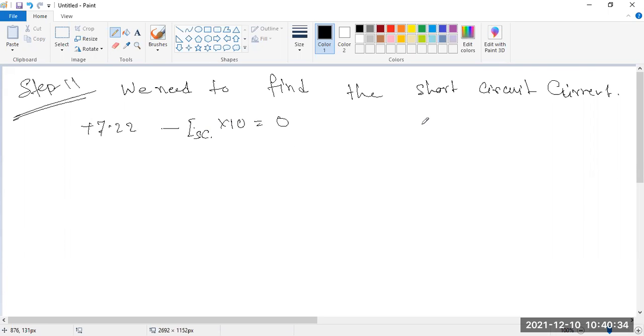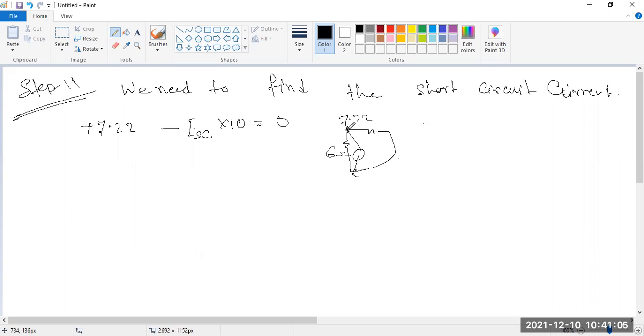How is it possible? Because you have found it out, that is 7.22 volt. Okay, this is 10 ohm resistance. This is your short circuit path. Here is 6 ohm. It was your 6 ohm resistance, and this is your,